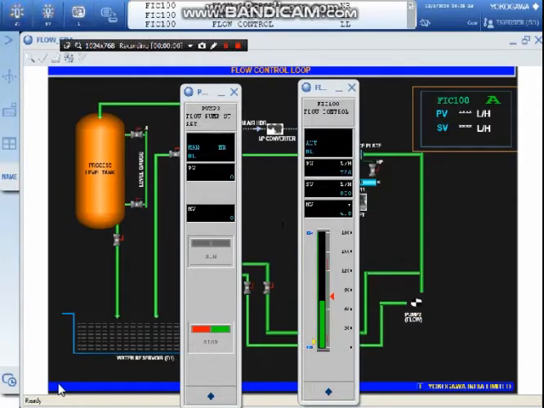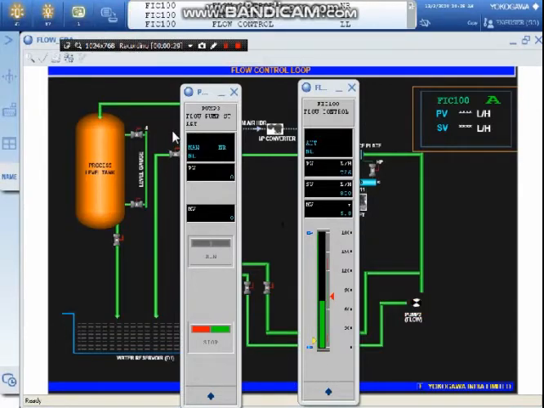Now we can see how the control actions are going on. We had given 800 liters per hour. Now that set point is reached, and the control valve is under nominal operating condition, since we have received the set point. So there is no change occurring in the faceplate. We already know that this is the faceplate we are going to use.